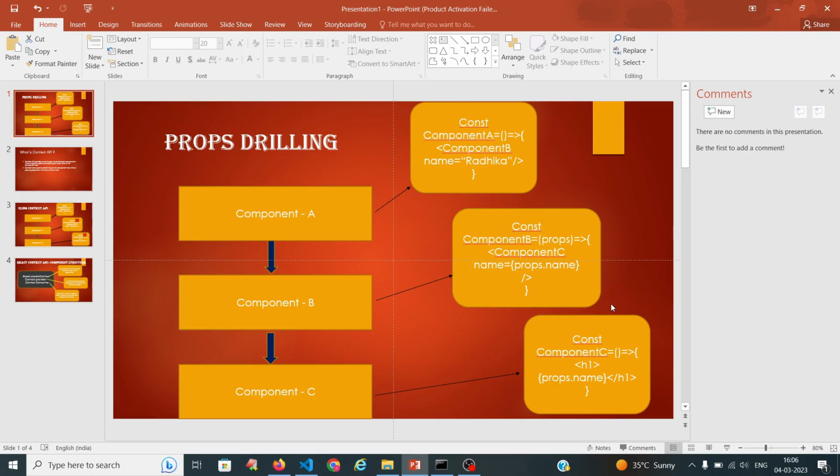In this tutorial, we are going to discuss what context is and why we have to use it. In the last video, we discussed prop drilling. For prop drilling, we pass the data from one component to another component. If the other component requires any data, we pass it from that component to the next one. As usual, you can see here component A, component B, and